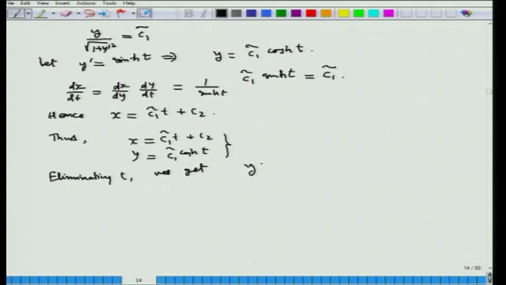We get y as a function of x, this C1 tilde cos hyperbolic x minus C2 over C1 tilde. So, writing in a standard form, we can write that y equal to a cos hyperbolic x plus some b over a, like that. So, that is the form of solution which tells us that it is catenary. So, this is a catenary,